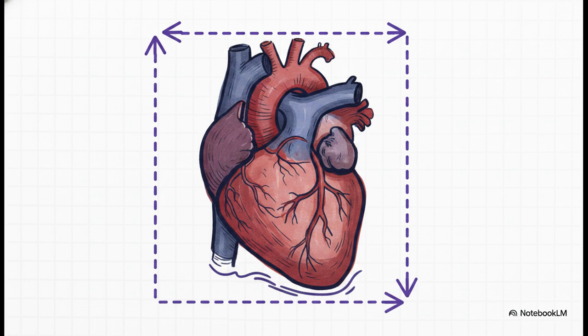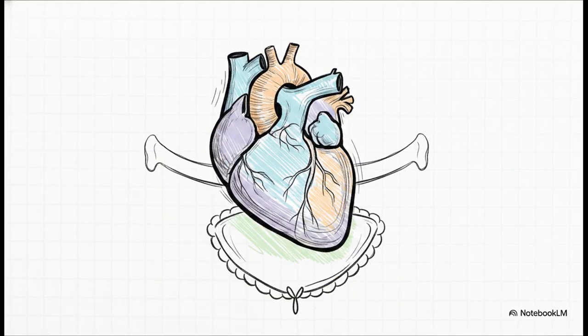And finally, the upper border, which is hidden slightly by the great vessels, is formed by the 2 atria. Now, within those borders, we find 4 distinct surfaces. The anterior, or sternocostal surface, sits right behind your breastbone. And surprisingly, this outward-facing surface is mostly made up of the right side of the heart, the right atrium and